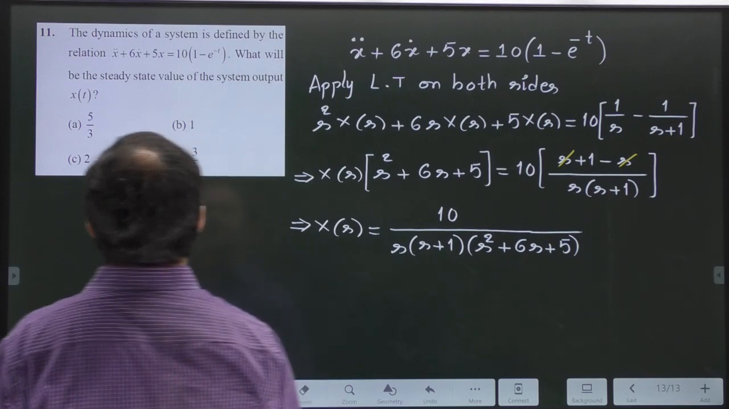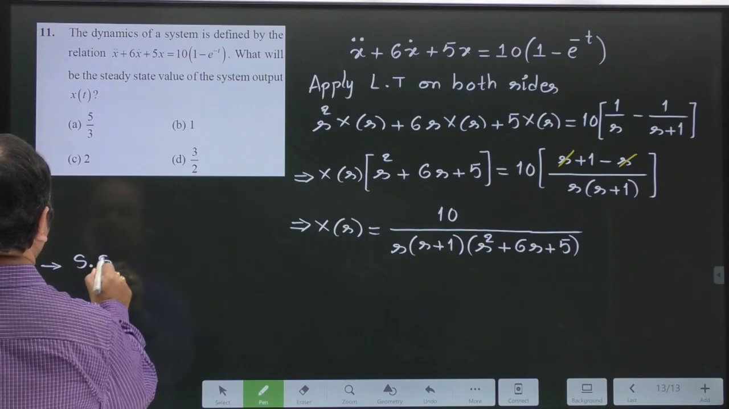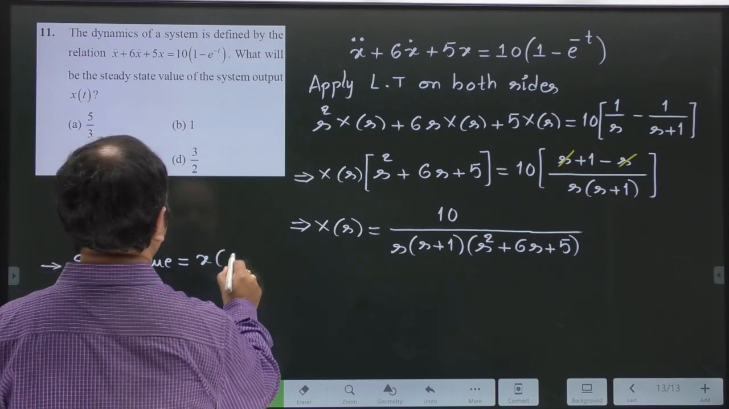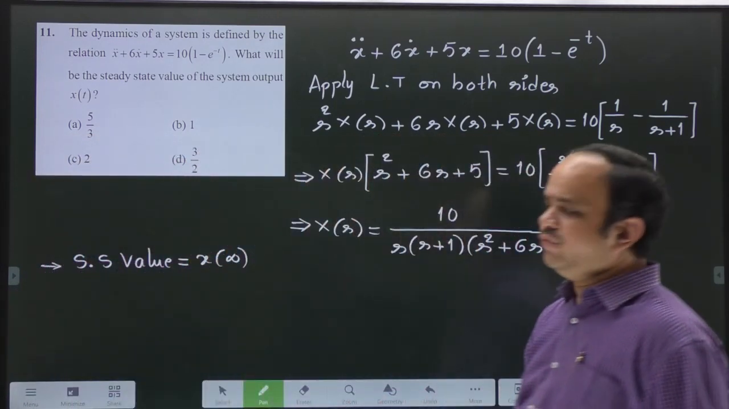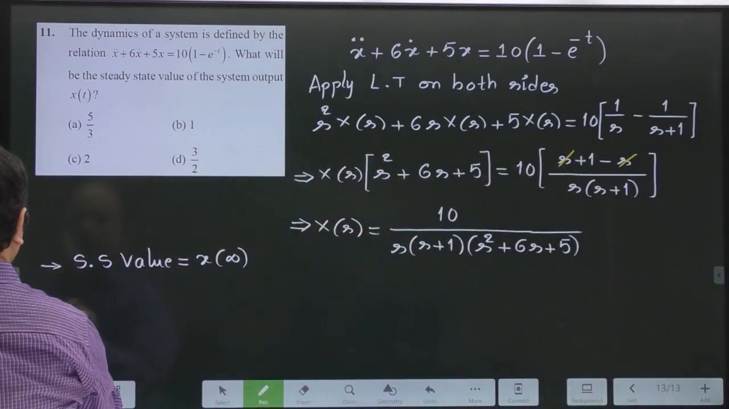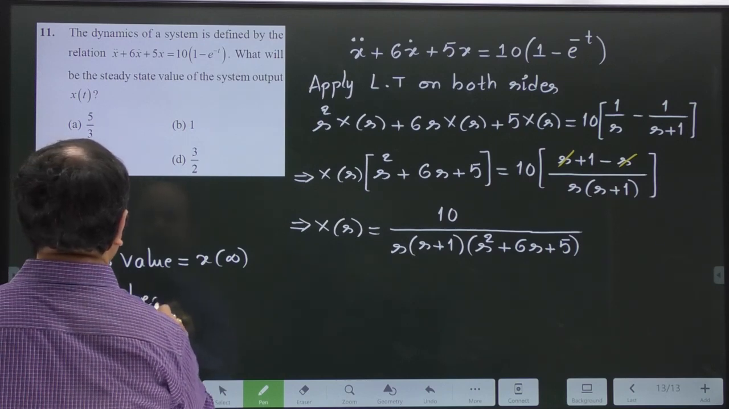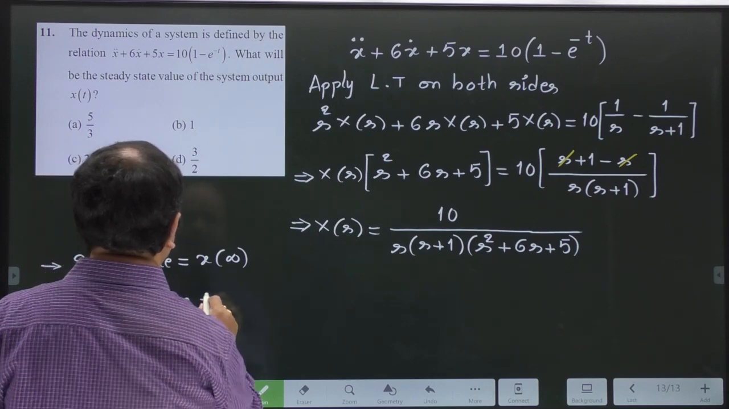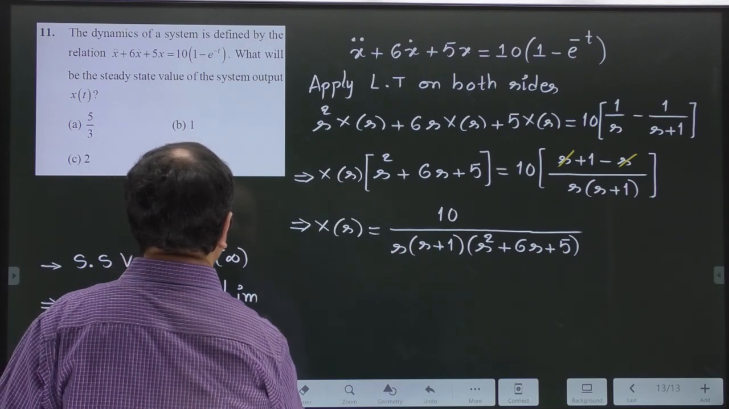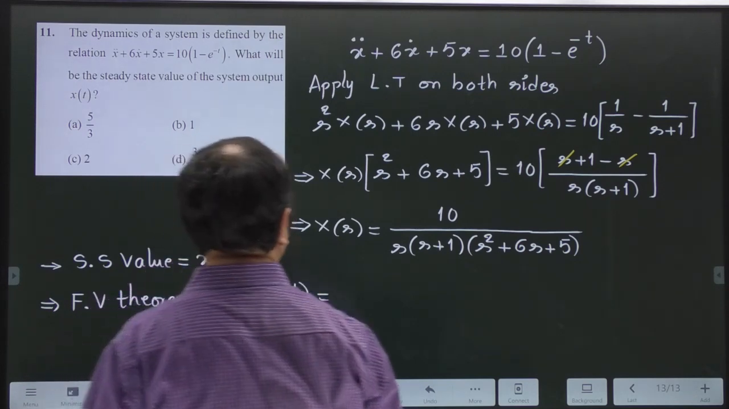But now what is the question here? Steady state value of x of t. Steady state value of x of t means steady state value is equal to x of t when t tends to infinity, for a long period of time. How to calculate this one? By using the final value theorem. What is the final value theorem? Limit t tends to infinity, x of t is equal to